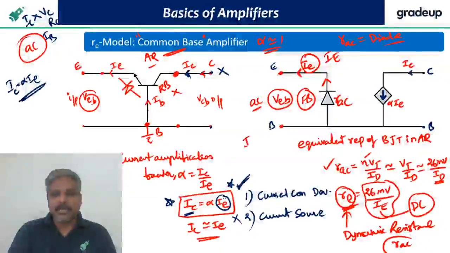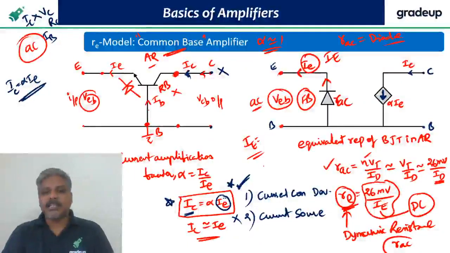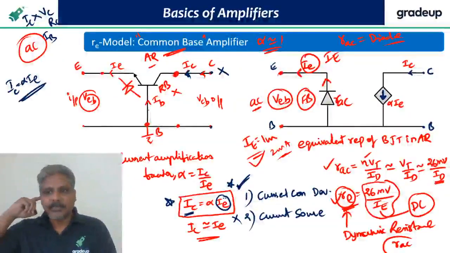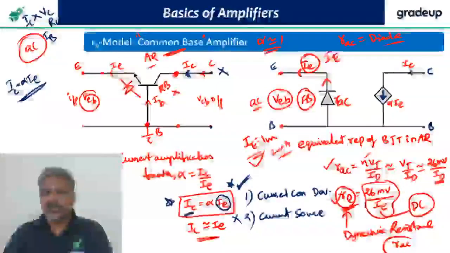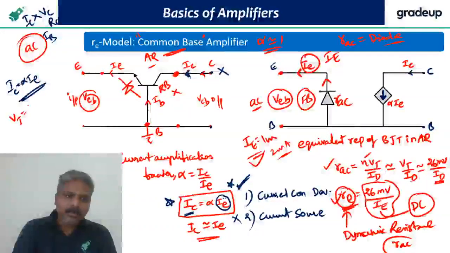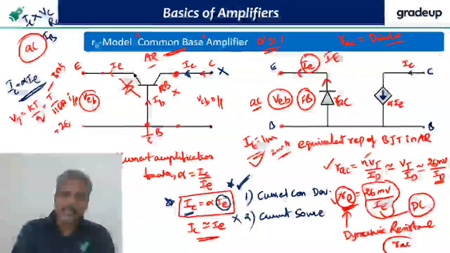Got it? So you will be knowing what capital IE is always. Don't we know what capital IE is? We found in many biasing circuits what capital IE is, 1 milliampere, 2 milliampere. Once I know IE, I can find RE and I can analyze it. How did this 26 millivolts VT value come, guys? VT equals KT by Q always. What is K? Boltzmann constant. Q is the charge of an electron. So it is T by 11,600. If you substitute T equal to 300 Kelvin at room temperature, it is going to be 26 millivolts.